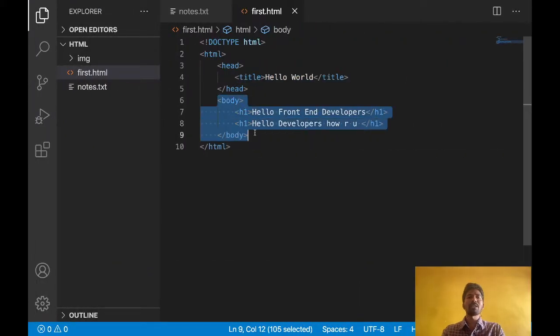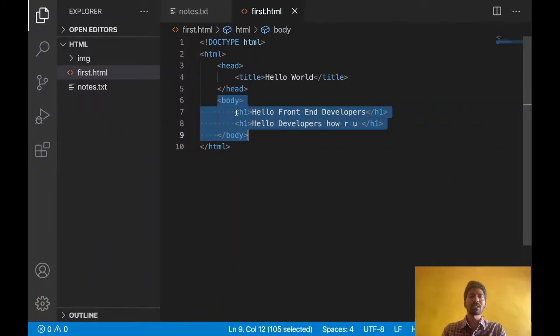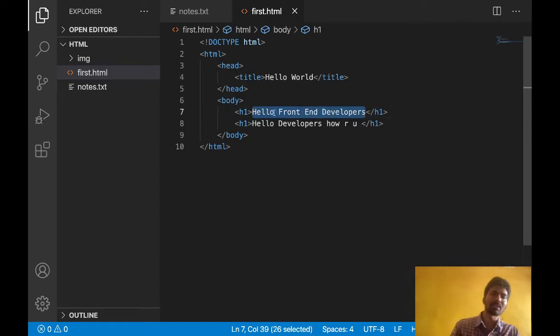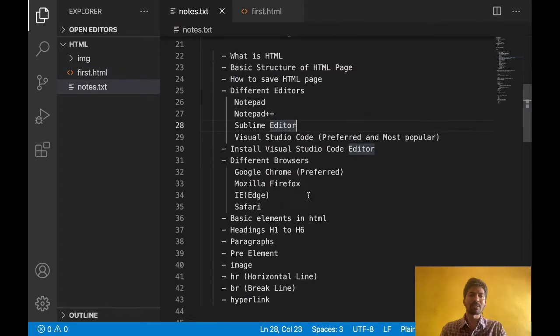After that the body section will start. Inside the body section you can write some content that will display to the user. For example, I used the h1 element. The h1 element means h1 is the starting tag, and after that you write the ending tag like this. All elements you will write in a similar way. Just now I showed it for h1. In between the starting tag and ending tag, you will write the content of the web page. That is about the h1 element.